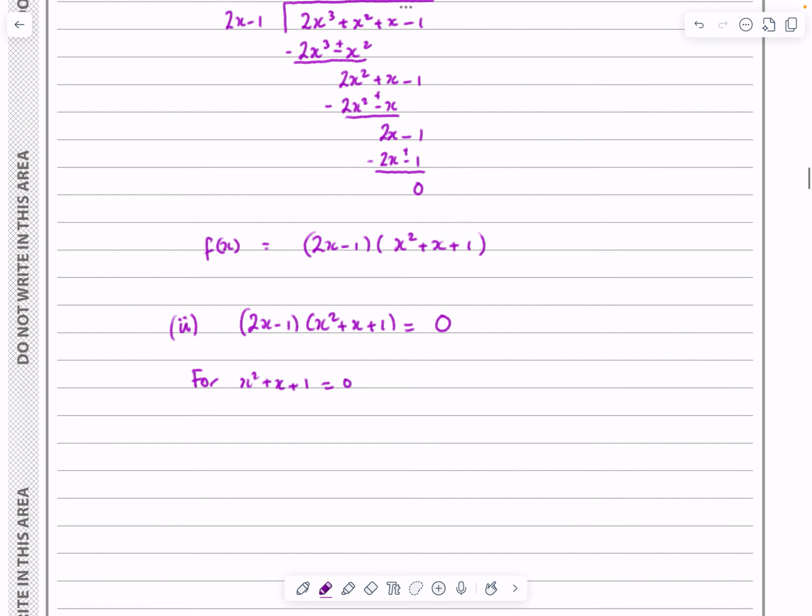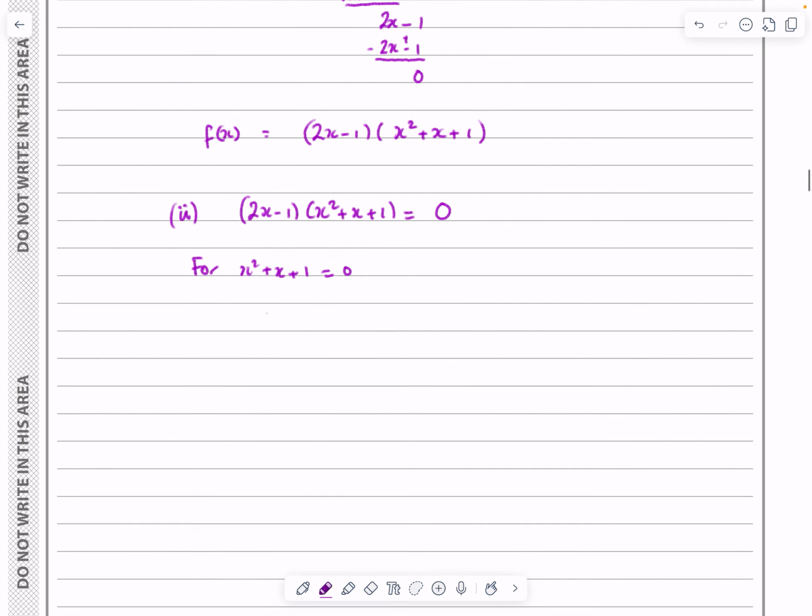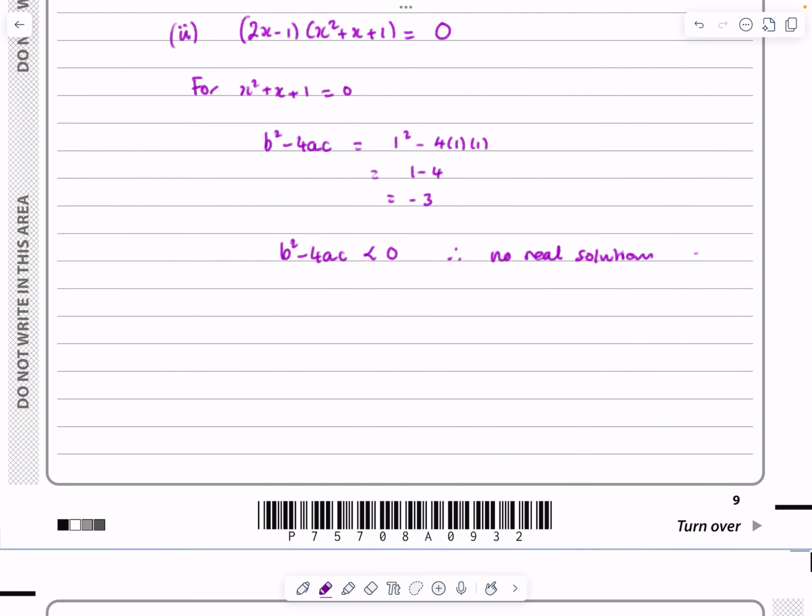If I look at the discriminant, b squared minus 4ac, let's do that. b squared minus 4ac will work out to be 1 squared minus 4 lots of 1, which is 1 minus 4, which is minus 3. I can see that b squared minus 4ac is less than 0, therefore no real solutions. So in terms of the number of solutions to this equation,